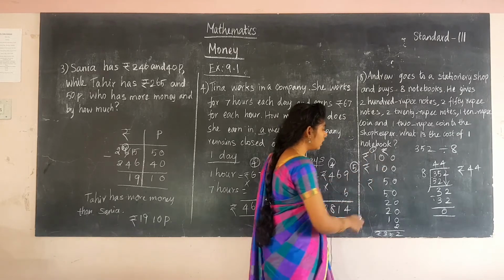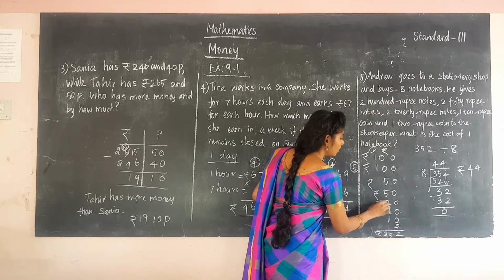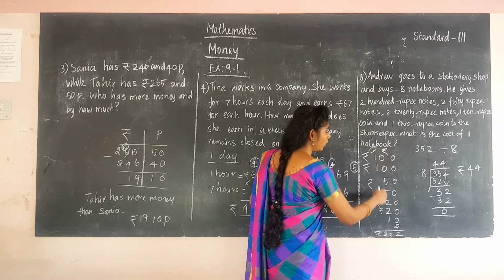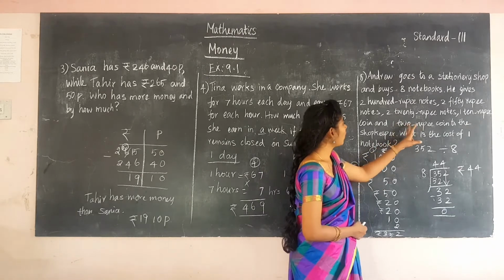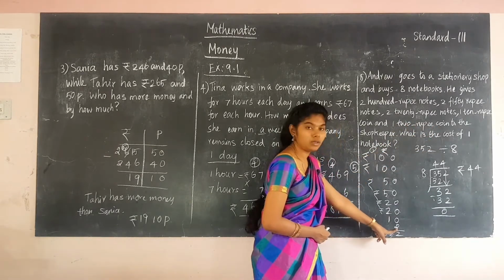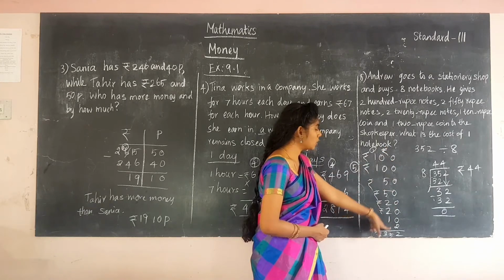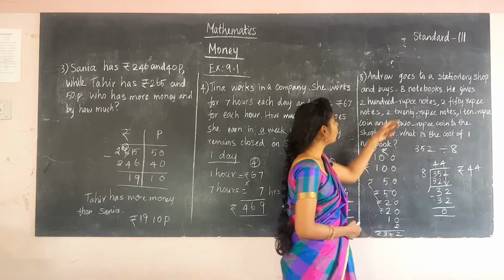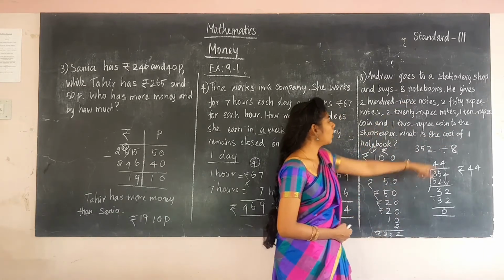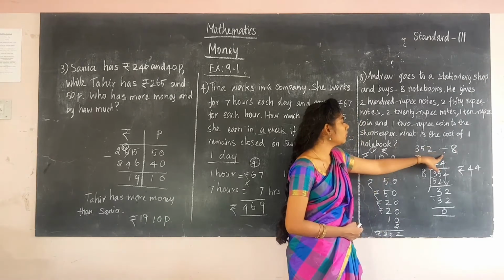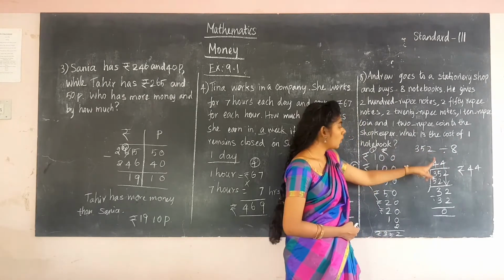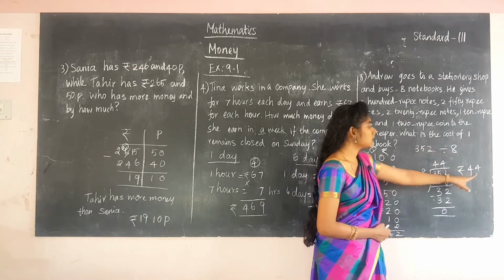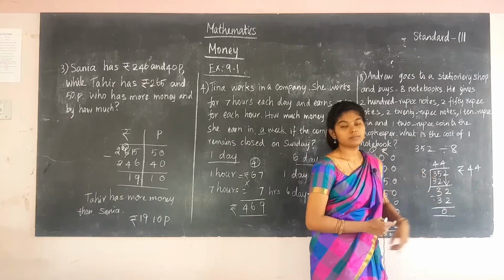You can write before that rupees sign, or you can write above; if you wrote above, you no need to write here. Now, next, 1 2 rupee coin I have written here, only 1 2 rupee coin. With ordinary addition I have added, and 352 rupees came for the 8 notebooks. To find the one notebook cost, we have to divide this number 352, and then we have found the answer as 44 rupees. For one notebook its cost is 44 rupees.